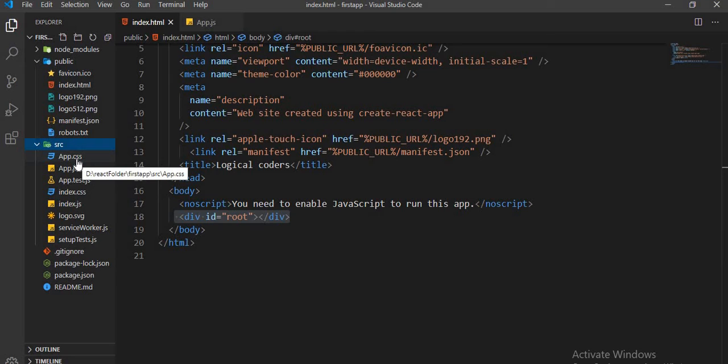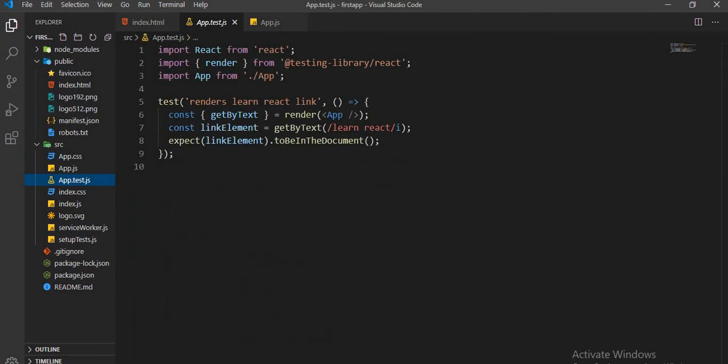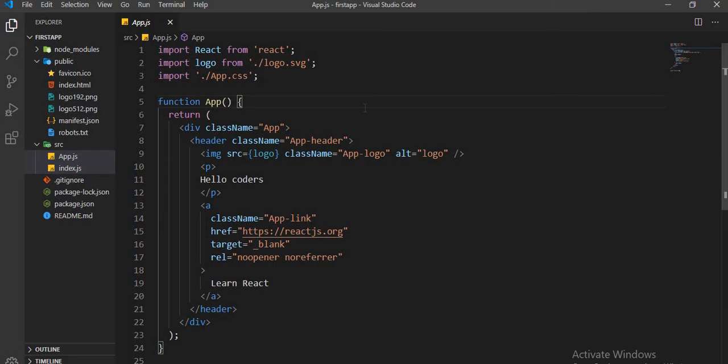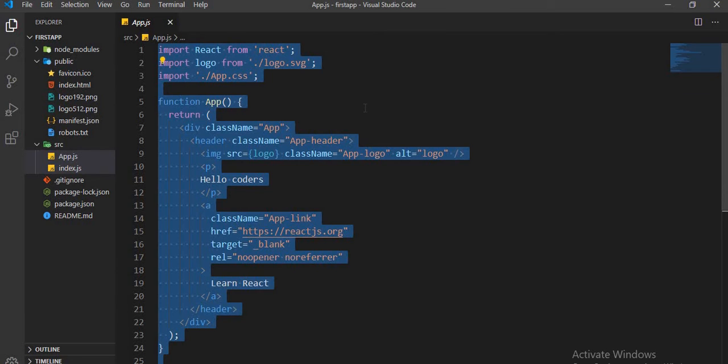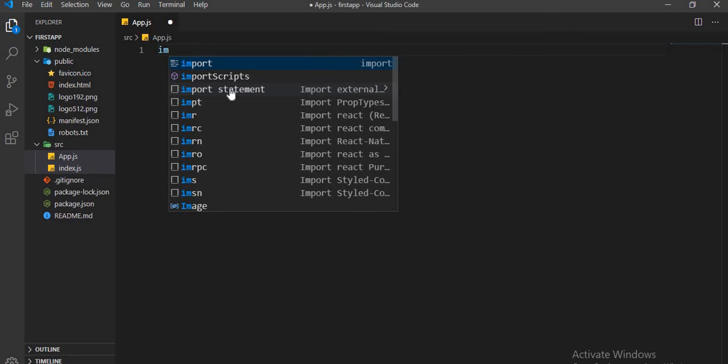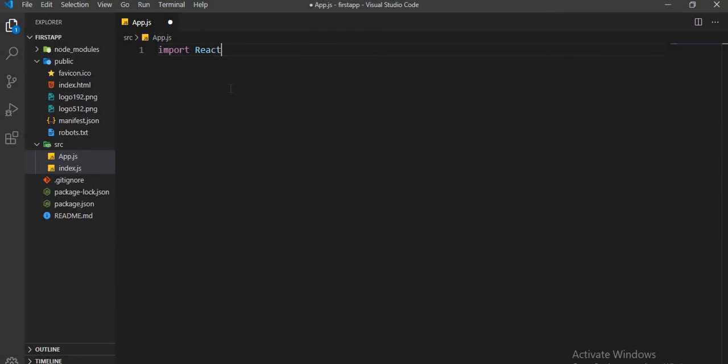So let me remove all the files here. We don't need all of them. I'm just going to keep app.js and index.js for a moment. So let me delete the rest of the files. Okay, and just close it and remove everything from app.js, as we are going to make our own app here. Okay, so just simply write import React from React.